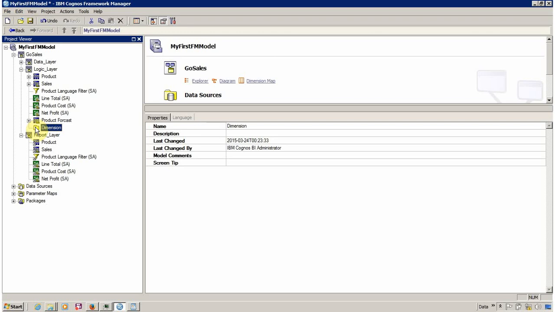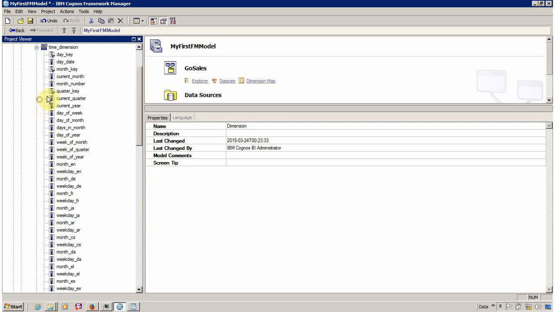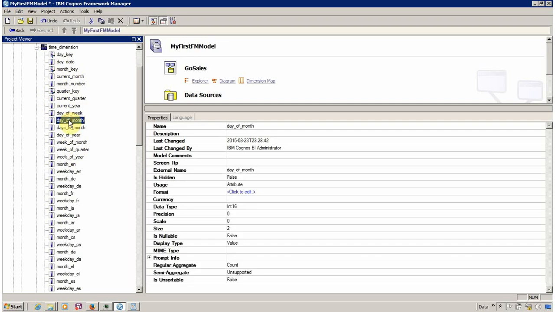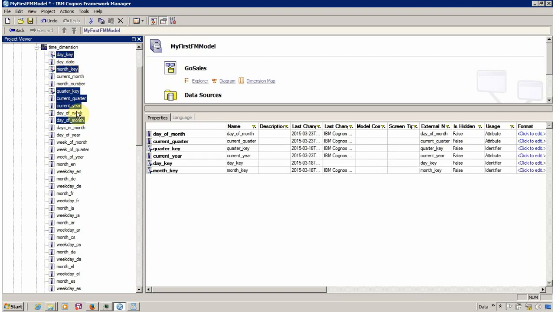So I'm going to use my time dimension query subject, and inside this I want to use day of month, current quarter key, current year, date key, month key, and